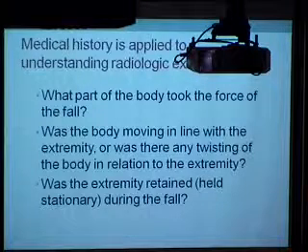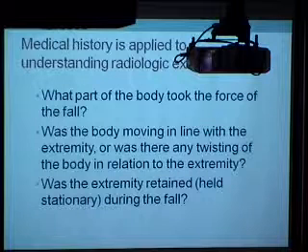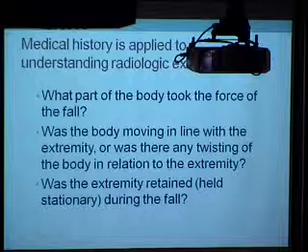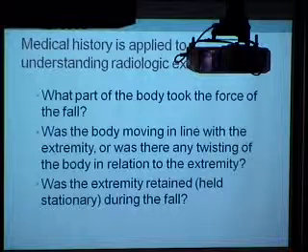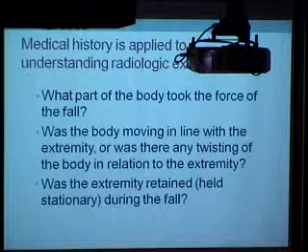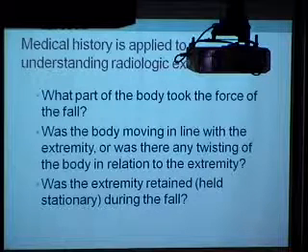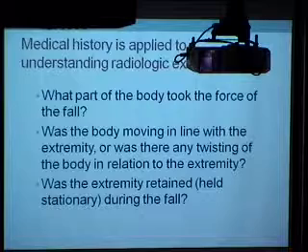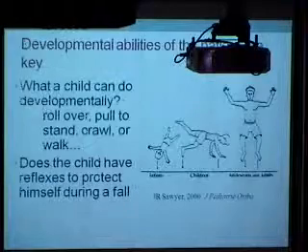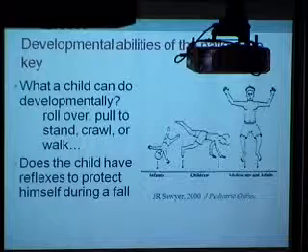So was the foot caught in the couch and the baby fell? Or was somebody holding them and they fell? And you can imagine all kinds of things. But it's really helpful to understand what the witnesses or the parents or whoever brought them in understood about what happened during the injury. That helps tie the history together with the patient's development to the radiologic studies.